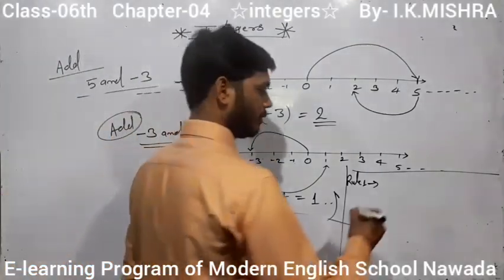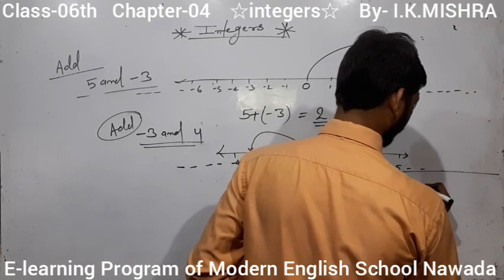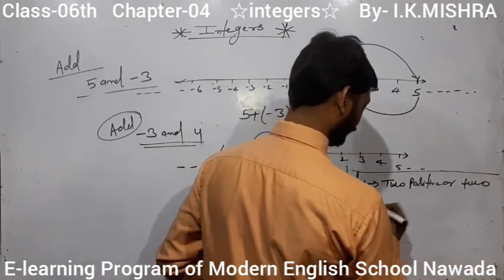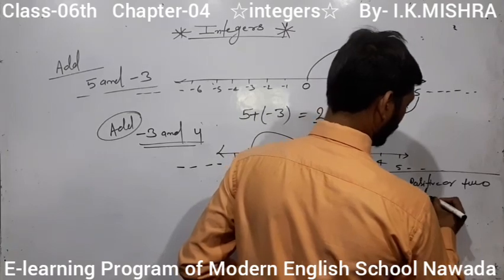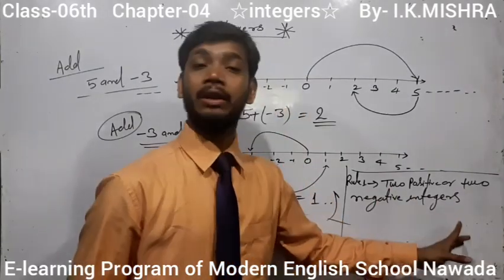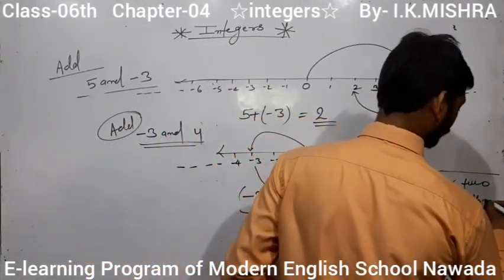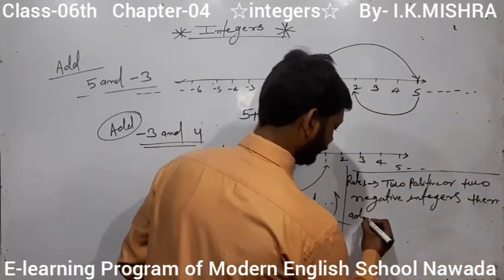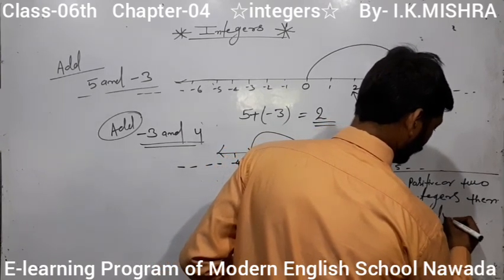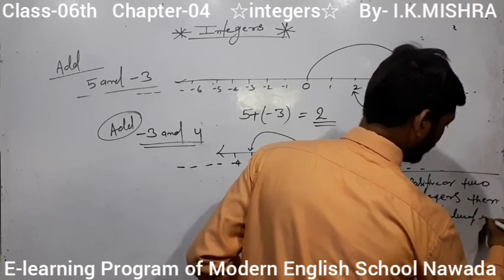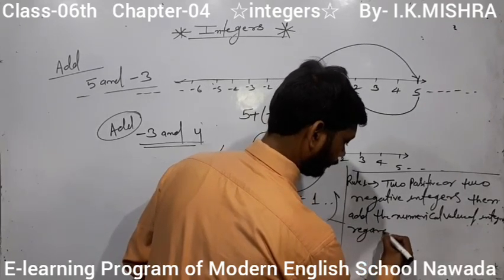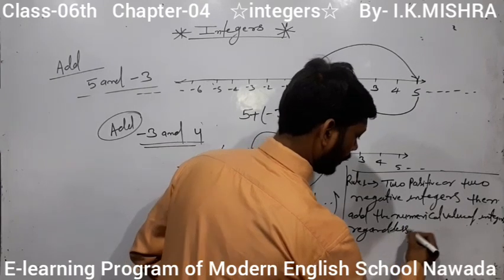When you have to add two positive or two negative integers, then add the numerical values of the integers regardless of the sign,